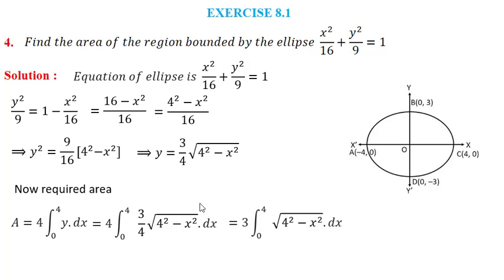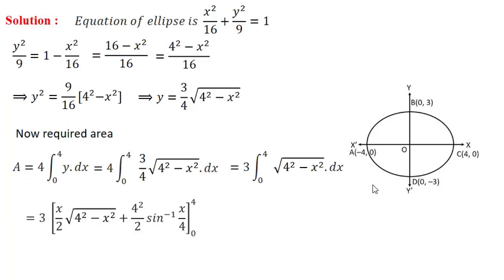Now the integration of root of a square minus x square is x upon 2 root of a square minus x square plus a square divided by 2 sin inverse x upon a. Now for year 2020-21, integration of this formula is excluded from the syllabus because they are getting less time for study. So the students who are preparing for board exams in 2020-21 can exclude this problem, or if they want to use this formula, they can see how to solve this problem. The only thing is that they have to remember this formula.